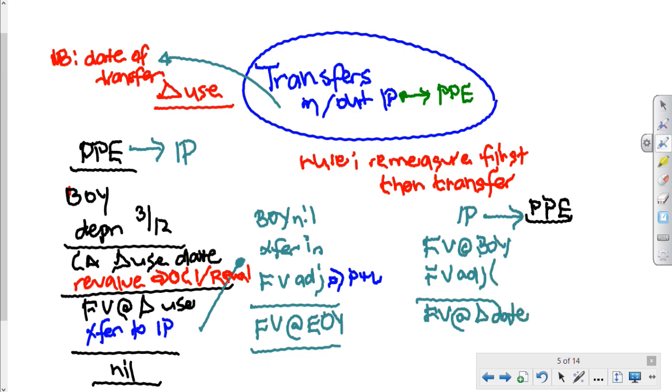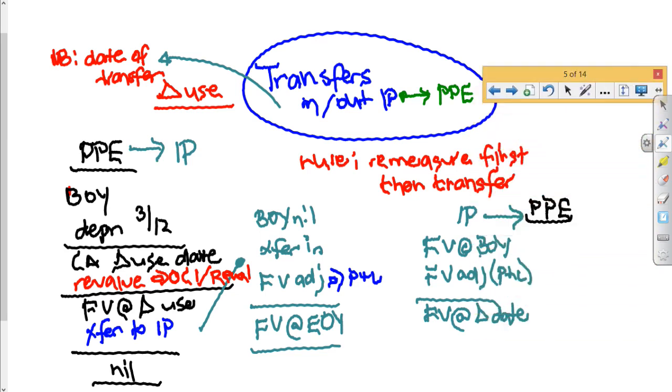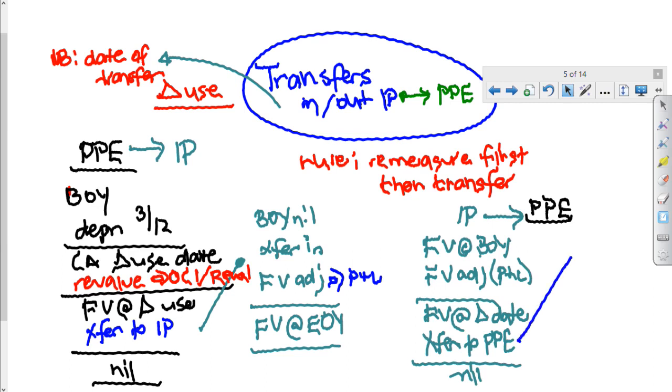This fair value adjustment goes in P&L. I then transfer to PPE, and I'm left with nil. So this transfer to PPE comes here,